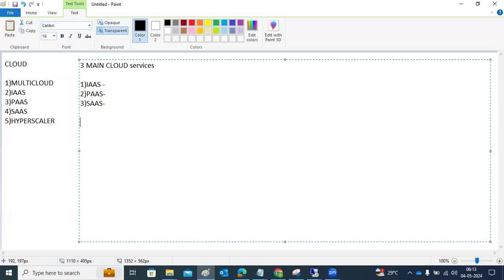Hyperscaler means hosting everything from your favorite apps to data centers. With a hyperscaler, you can create one VM, then multiple VMs. That is a hyperscaler. Next, cloud deployment models and everything.